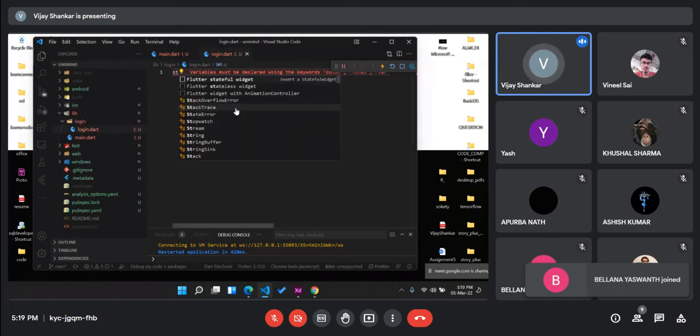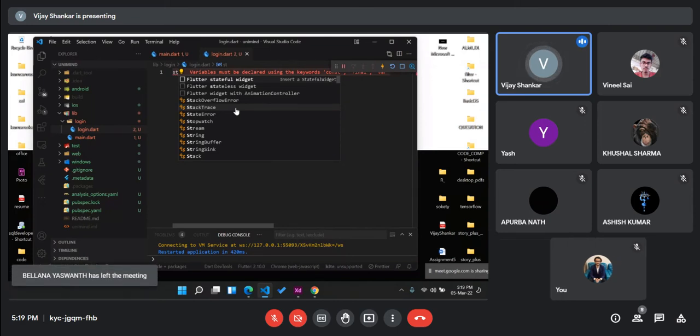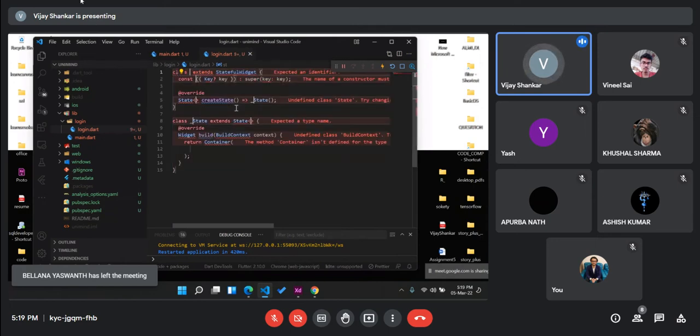Flutter has two types of widgets: one is a stateless widget, the other is a stateful widget. In a stateful widget, the state of the app can be changed, and in a stateless widget, the state of the app does not change. For example, if we make a stateless widget,